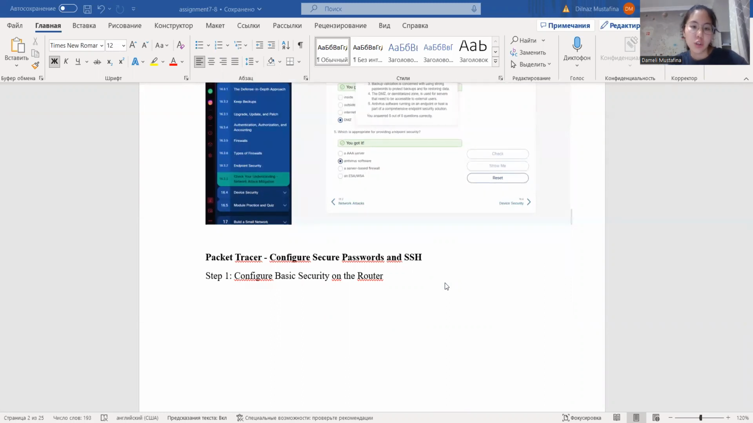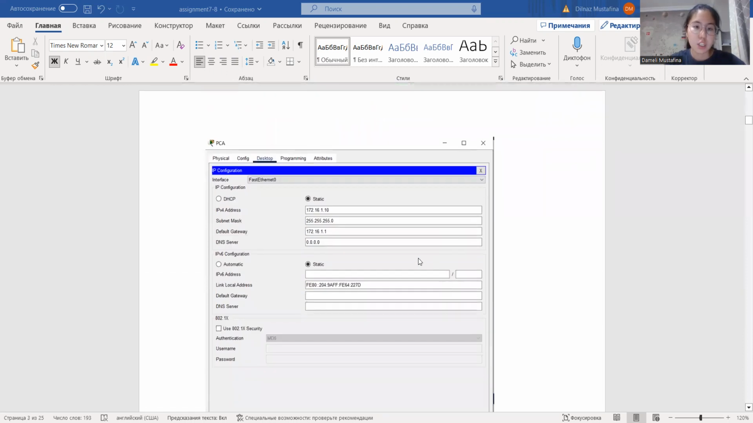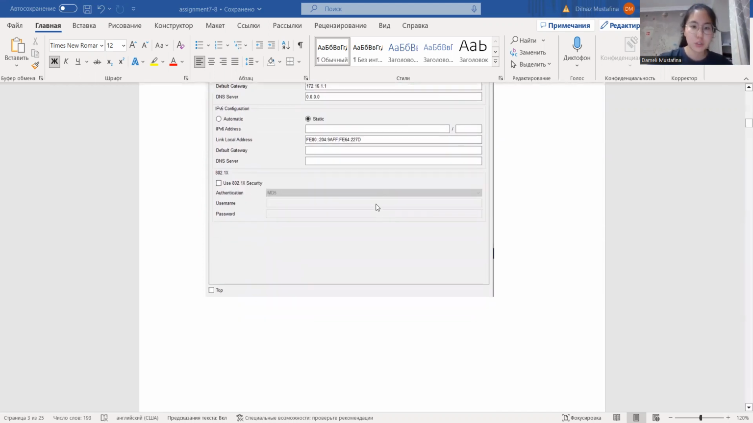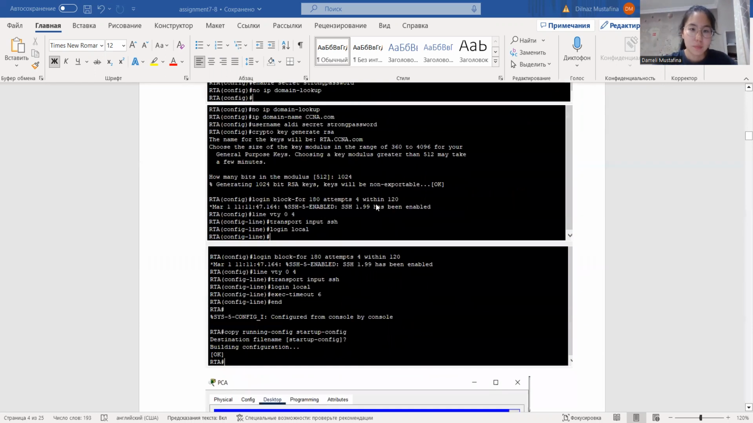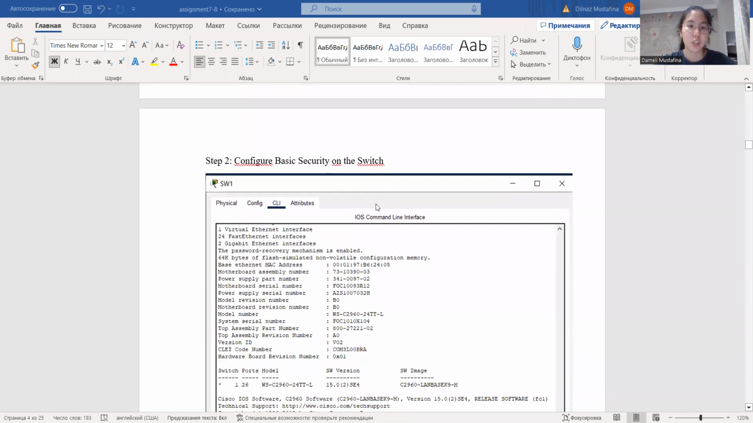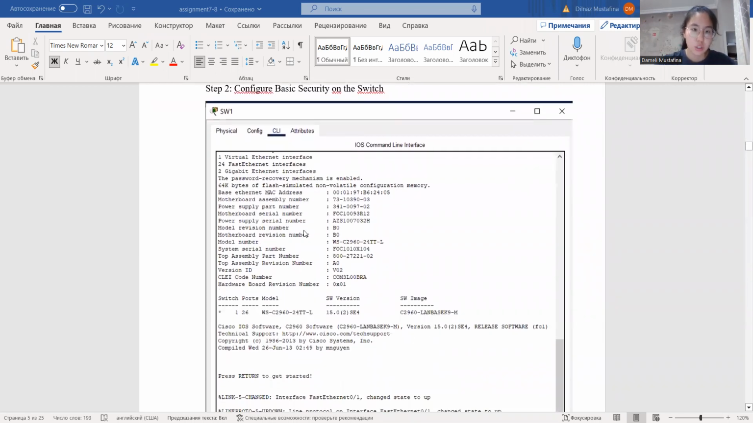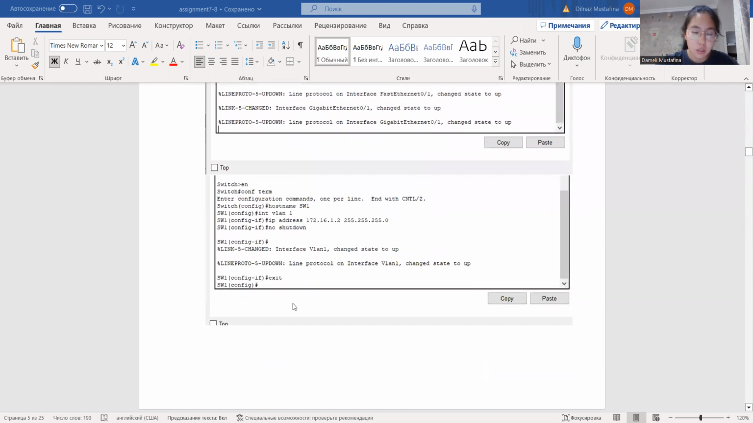At first, what we are doing is configure basic security on a router. Here we write IP address and other information. The next step is configure basic security on a switch. Here we can see